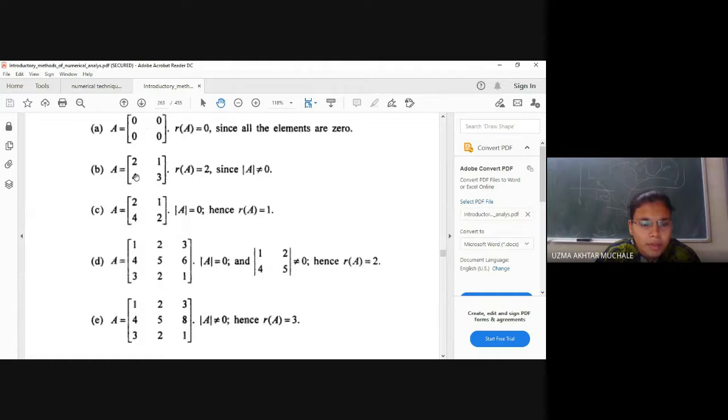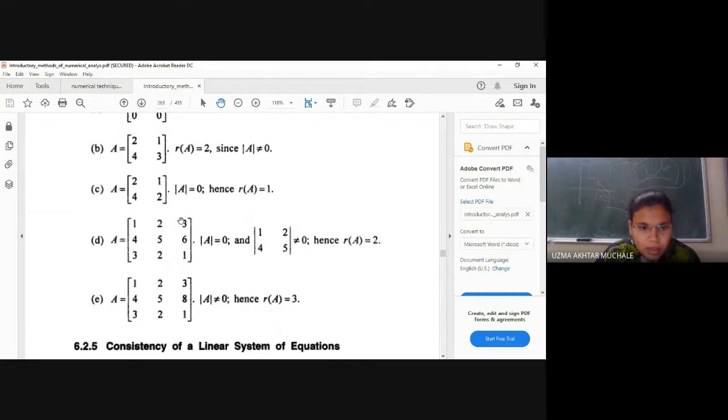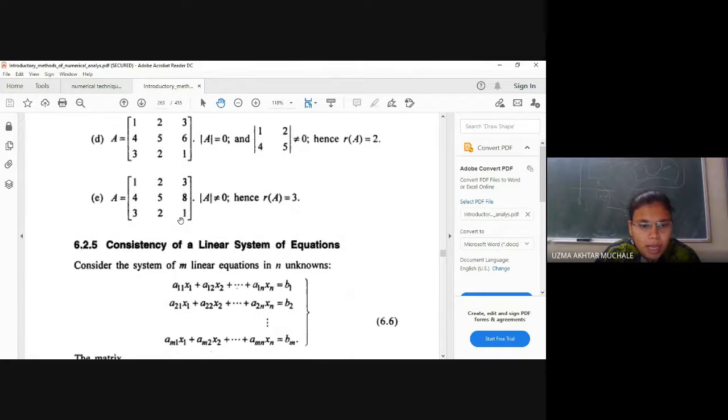Here, after reducing to echelon form, you cannot eliminate any element. 3 minus 1 will be 2, 4 minus 2 will be again 2. So you cannot eliminate again. Hence the determinant of A is non-zero, and you can say the rank of the matrix is 2. And here, if you calculate 2 into 2, that is 4 minus 4, which is 0. That is, the determinant of A is 0. Hence the rank of the matrix is 1. Or in another way, if you multiply the first row by 2 and subtract it from the second, you get only 2 1 in the first row and the second row will be 0. Similarly, you can find the rank of a matrix.